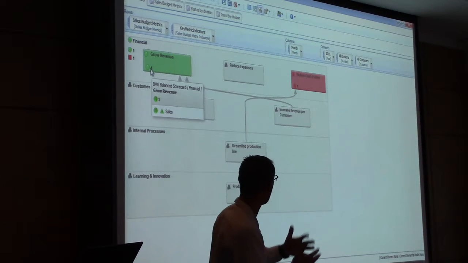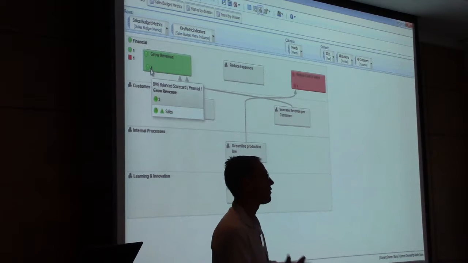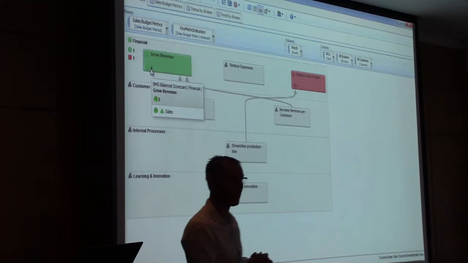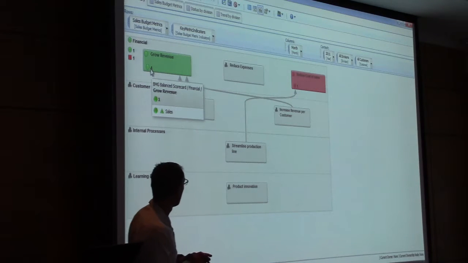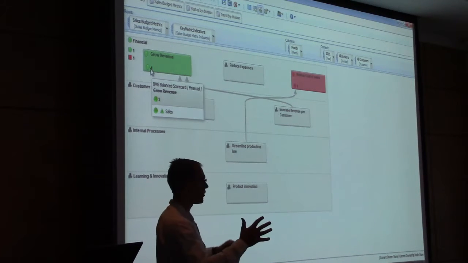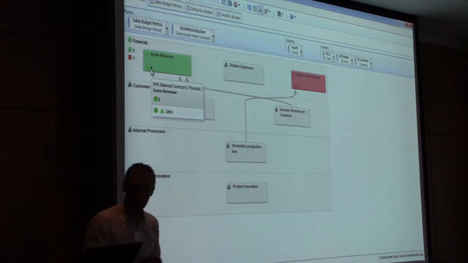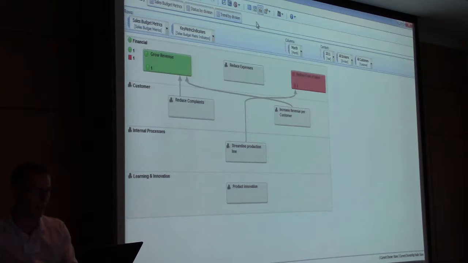It's really a quick way for you to say our strategic objectives for 2016 is this, how are we measuring against that? And they've done quite nicely integrating actual and target, which could be budget or forecast, and then showing trends. So that's the one view. The other view is that I could change that to, sorry, that was balanced scorecard. I could change that to impact diagram.